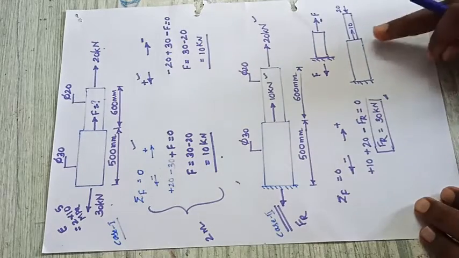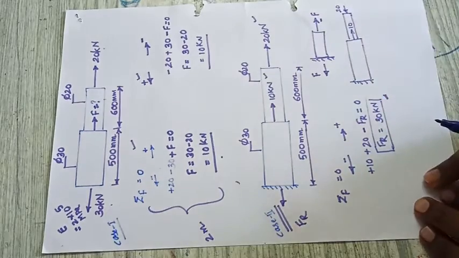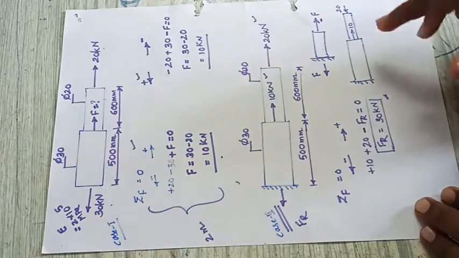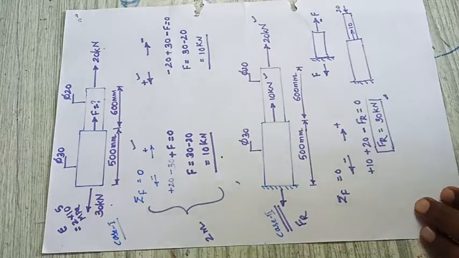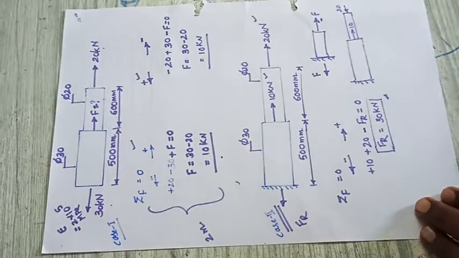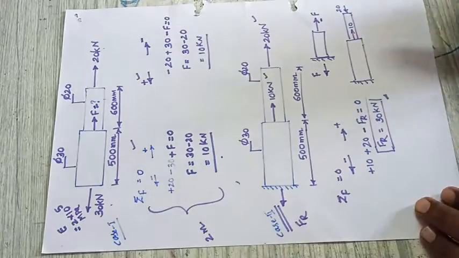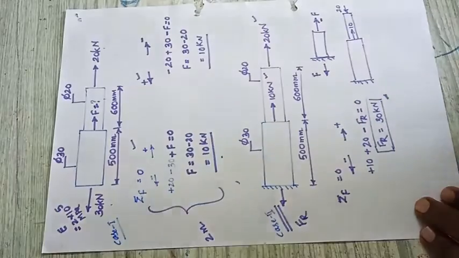Here just check the two directions: one is 10 kilonewton, acting on the right side, and the 20 is acting on the left side. So 20 is more than 10, meaning the intensity of that force is more compared to the other force, it has more impact. Therefore what we conclude here is that the reaction force will follow the direction of the maximum force which is acting on the member. Here 10 is less than 20, so the magnitude of this force has more impact.